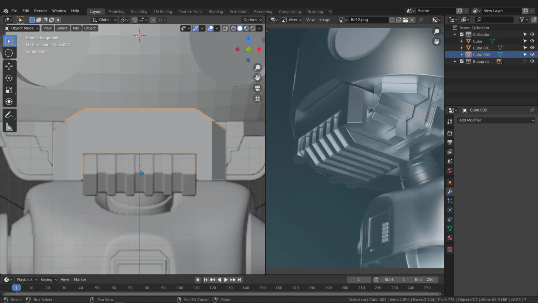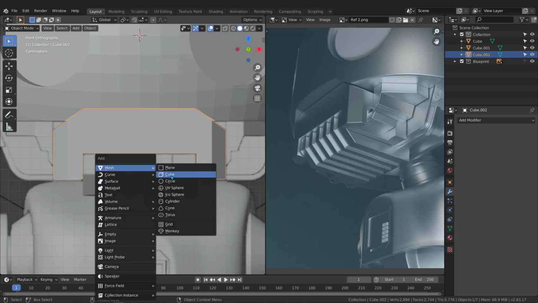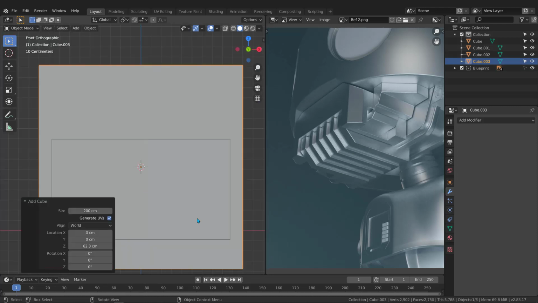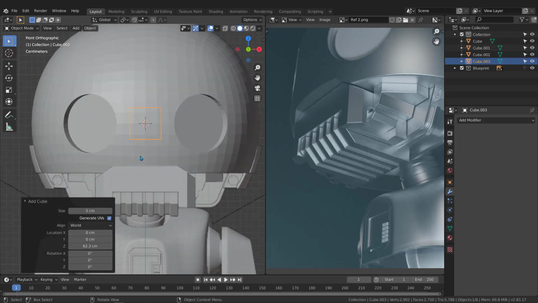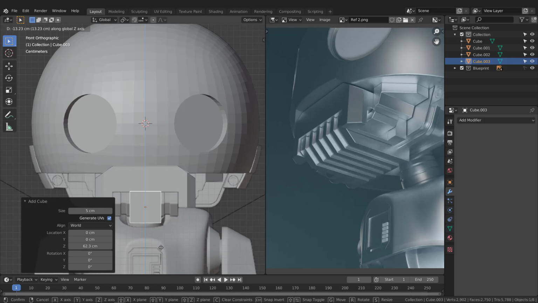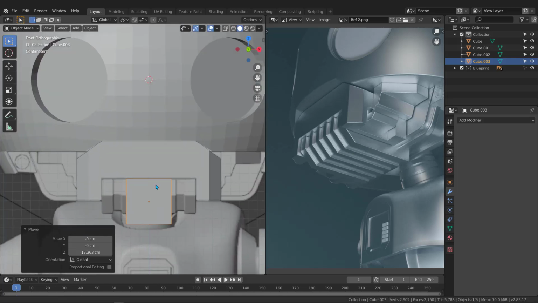To create it, hit Shift A and add a cube, and it is very big. You can change the size from here if you want. I'm going to add maybe 5 centimeters and hit enter, and now it's become very small. If you don't like to use scale, hit G and take it down and put it right here, and tap